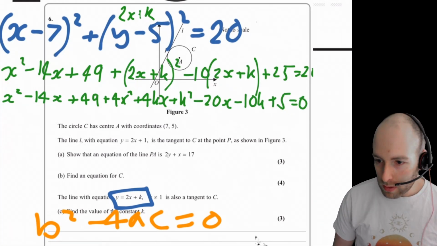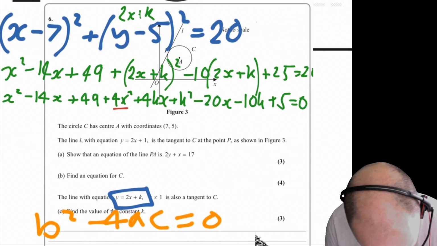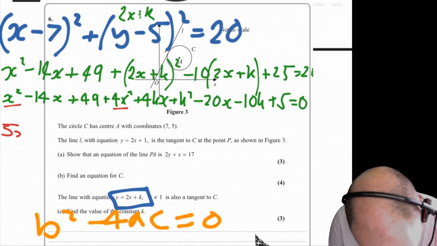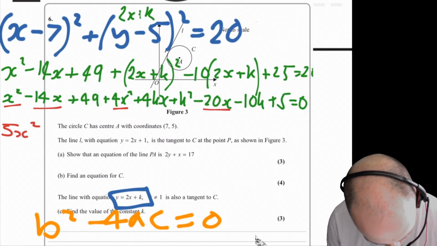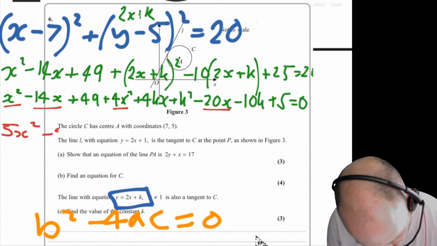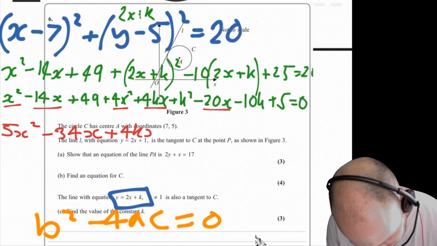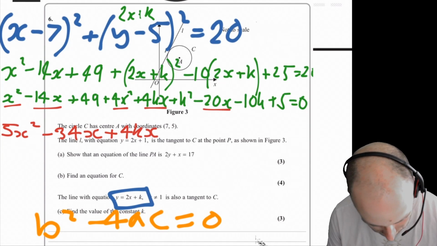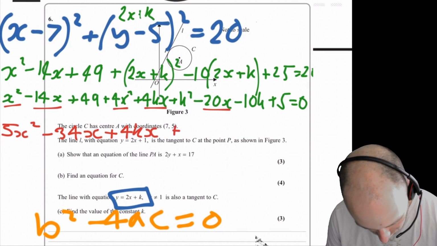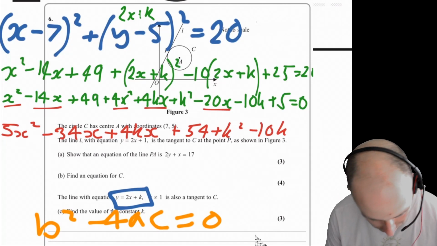Okay, yeah, this feels better. So collecting all our terms, x squared terms, we still have 5 of them. X terms, we now got minus 20, minus 14, so that's minus 34x plus 4kx. And on the end, we're going to get plus 54 plus k squared take 10k